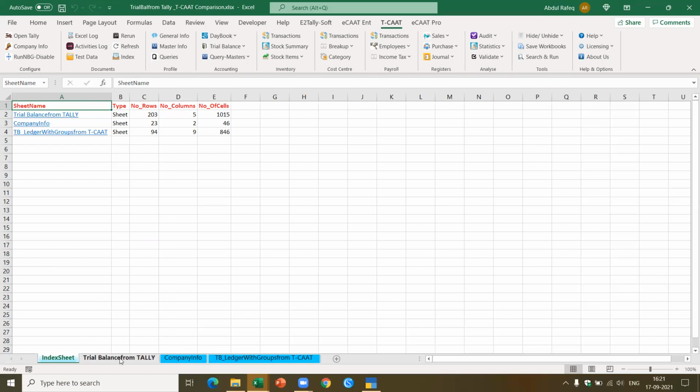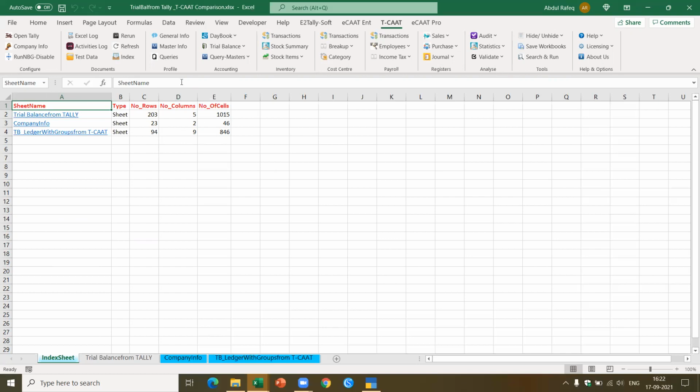Index sheet is also very useful for getting an idea, because sometimes you get an Excel workbook from a client with 3 sheets and you don't know in which sheet the data is available. So when you just create an index, it gives you automatic information about the content in each of these sheets. Now let's get started with specific functions.